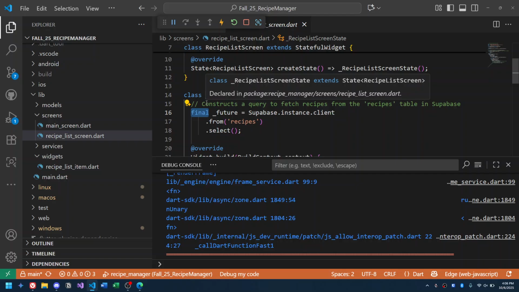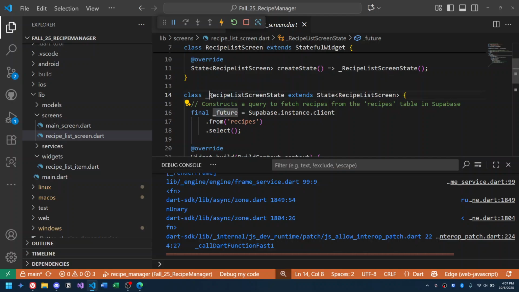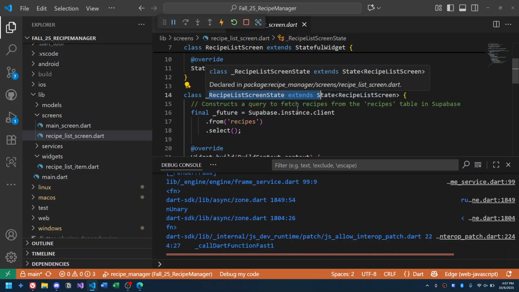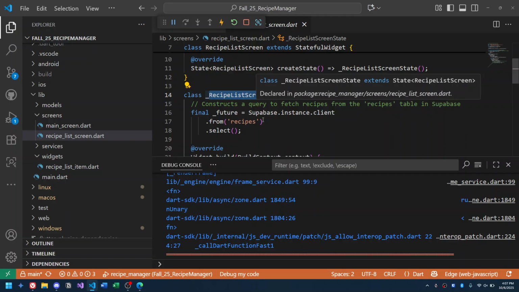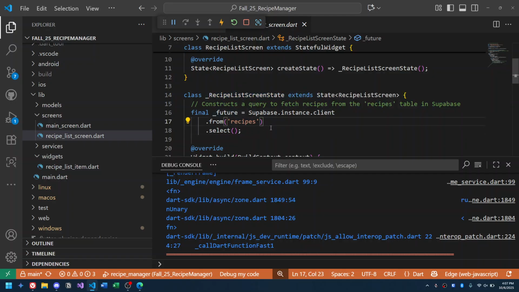Final means that the variable is immutable. You can't change it. So maybe this will change when we start to get into the CRUD stuff where you want to create and update and do things with the database. But for now, because we're read only with the public anonymous API, doing it any other way wouldn't even have an effect, because with our current API we can't change anything. So as of right now, final underscore future, and underscore future kind of makes it a private variable, if that makes sense, where it only exists within the context of this class. And so as soon as the class is over, it's going to forget it. So it's going to only exist for